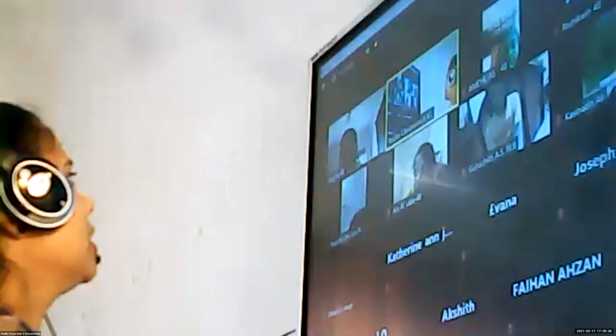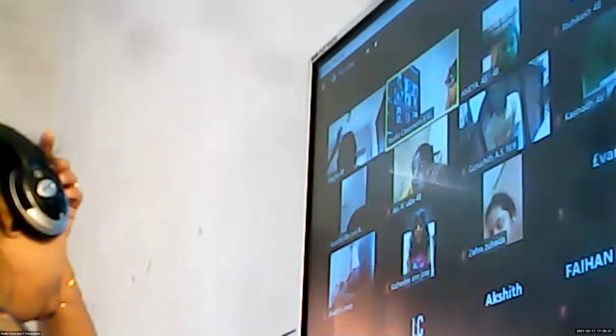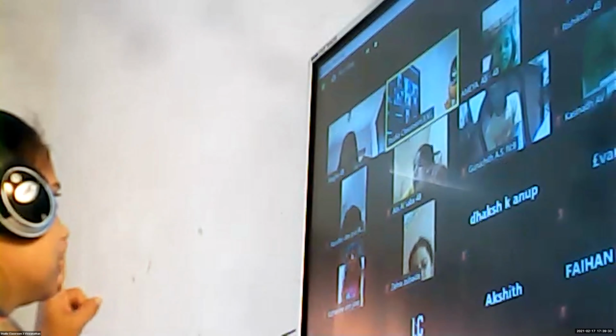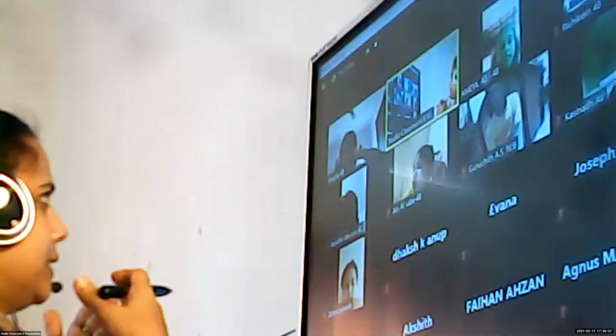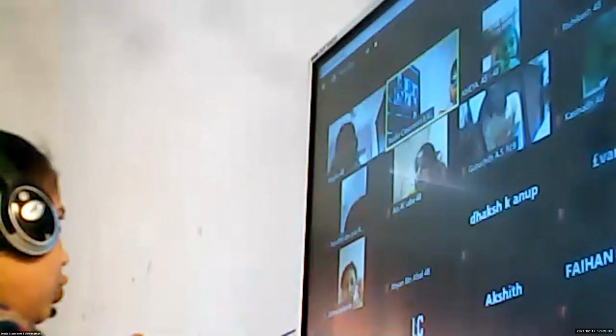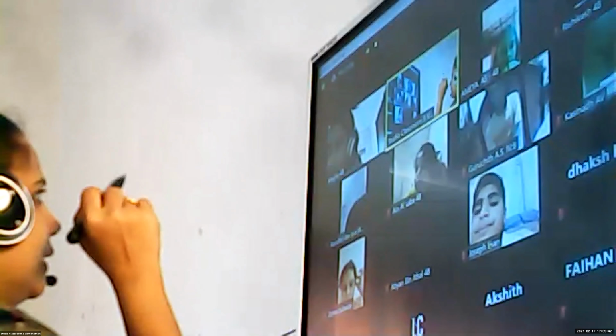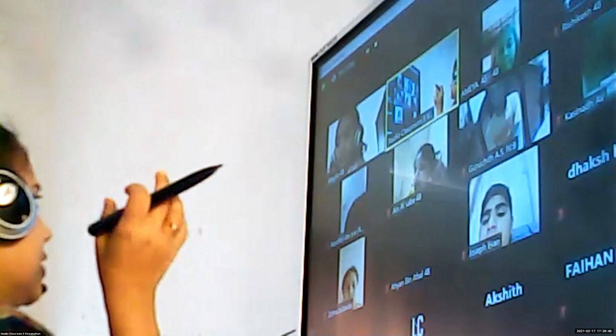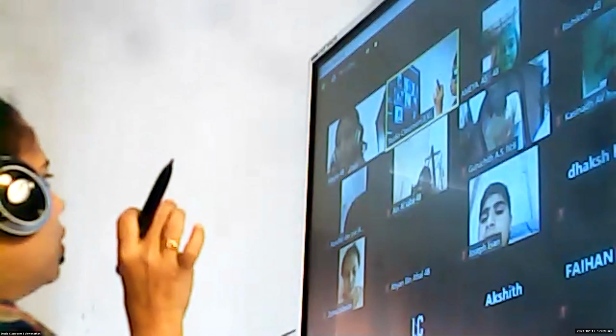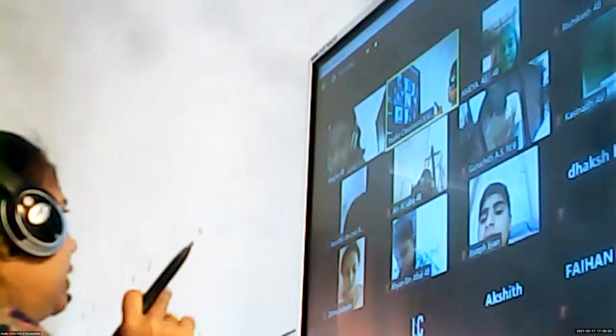Ma'am, I got the correct answer. Children, so here we learned multiplication today. Is there any difference from what we learned about multiplying a number with 2-digit numbers? That is the same. What we had to do is write the number. If it is liter, ml, or kilometer, meter, you have to write the heading like that. Then see, there are 3 digits. When we have the conversion, 1 liter is equal to 1000, so we should have 3 digits.